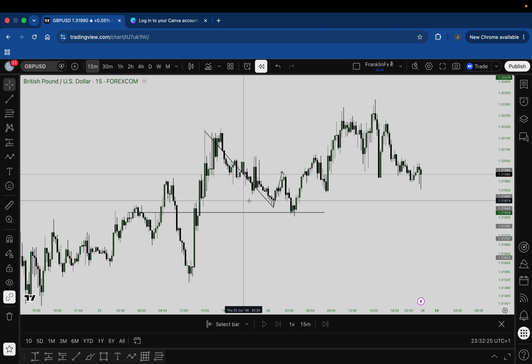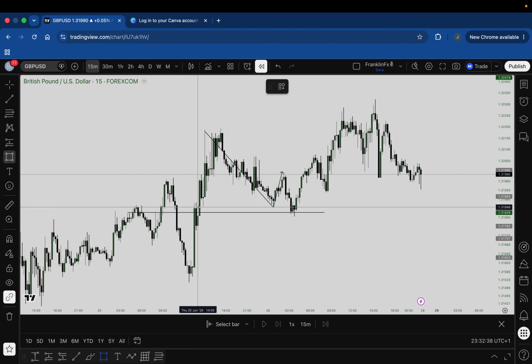Now, price did not come down to the FVG and started going up. And a lot of people will be like, oh, price may no longer return to the FVG. So because of that, let me mark the FVG out for those of you that will not see it clearly. It's an FVG here. It's a clear FVG.